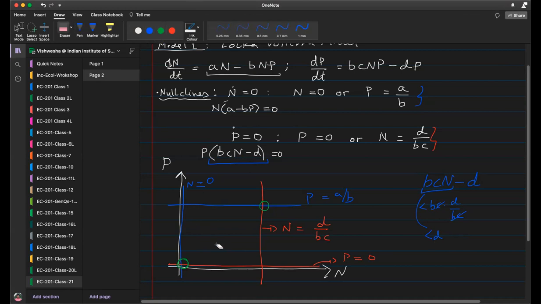By the way, just to make my point clear, I'm going to write this flow here. We are clear from this equation that N is increasing because this term is positive, this term is positive. Now let's look at the P dot term. P is positive. This will contribute a positive term here. But this entire term is a negative term. So the product of that will be negative, right? So P is reducing. Do you all agree?